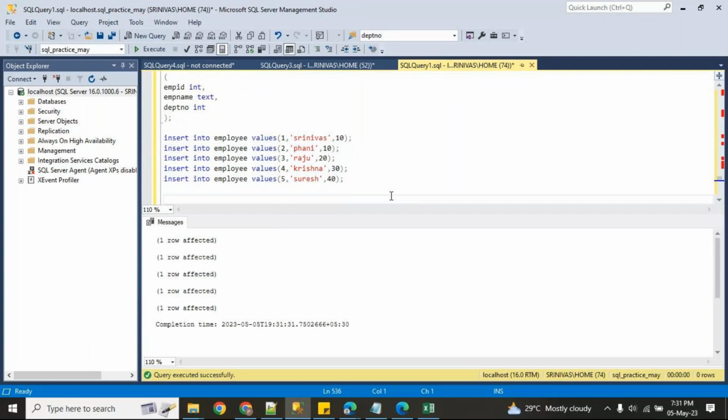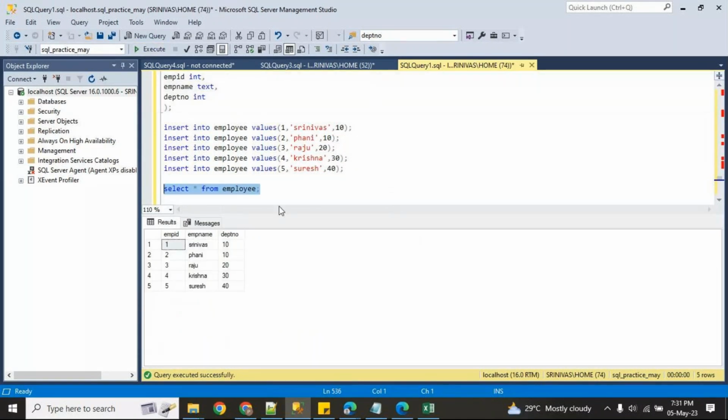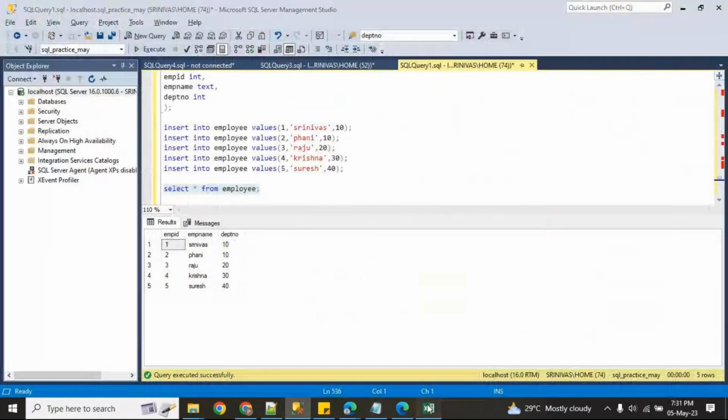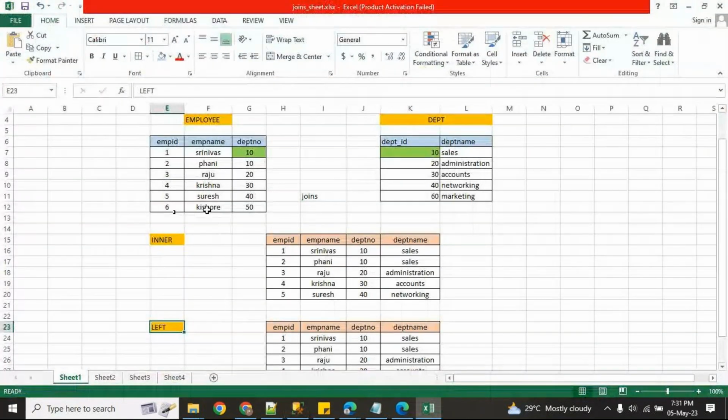Now check this one. I got this data. As per the sheet, there is one more record which is not inserted here. Insert into employee values, so here we can do 6, Kishore, 50.